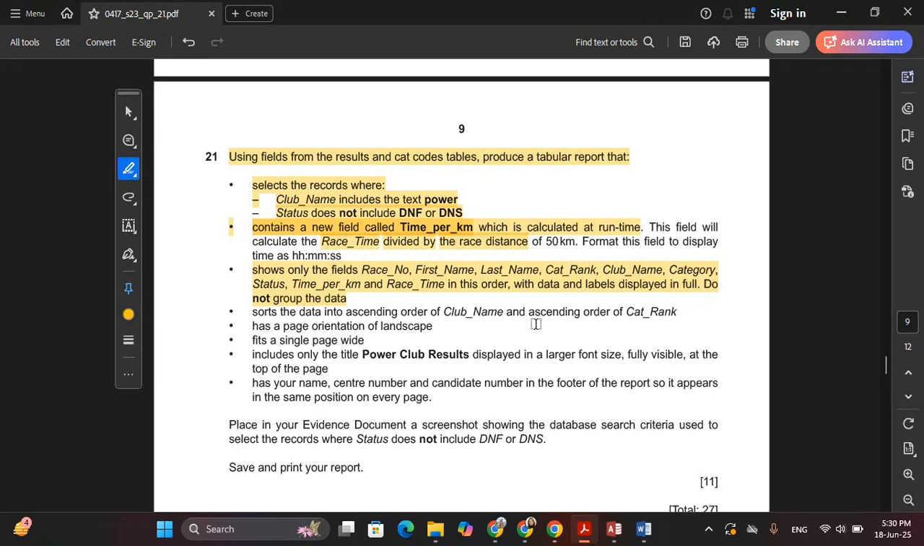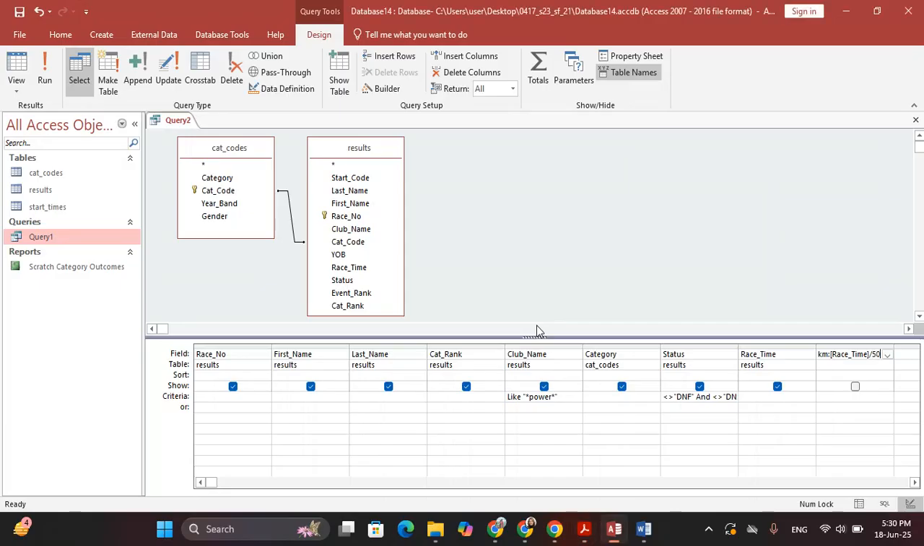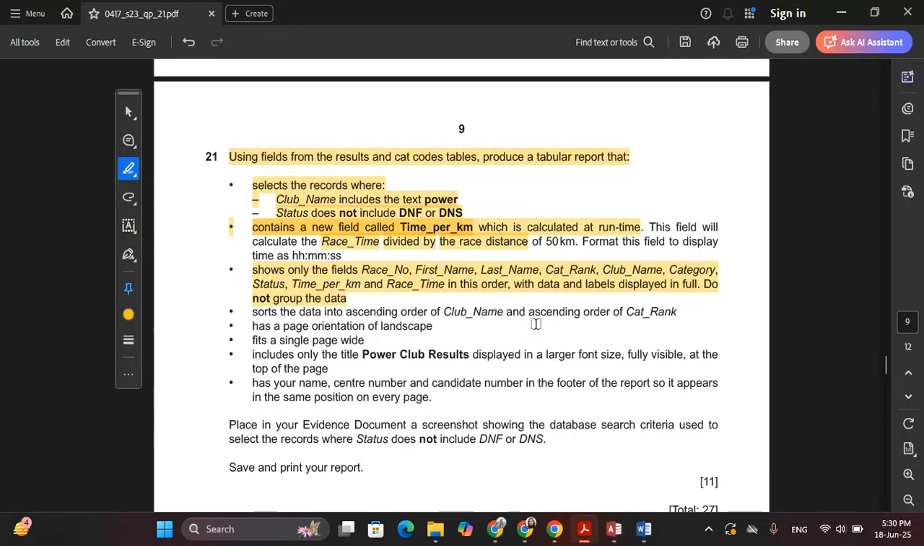So because it's a number, I'm just going to write it as it is, 50, with no kilometers, because we are going to divide number by number, so we don't write kilometers, okay? So I'm going to divide it by 50. This is how we create the new calculated field. Done? When we are done, they told us to format this field to display it as